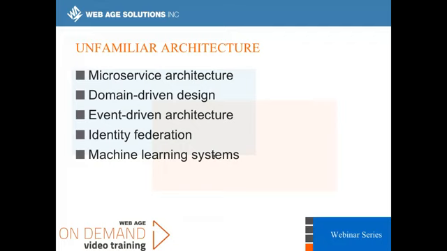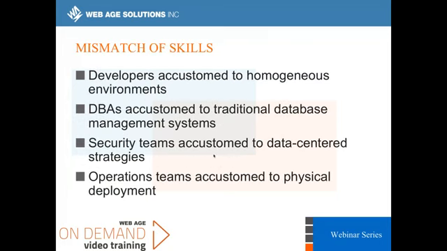And then finally, machine learning systems. The idea that we can have our infrastructure absorbing data, reacting to the data, and providing us answers based on extrapolations of the data. This leads to the fact that we may have a mismatch of skills. We may have developers that are used to homogeneous environments. A classic case is if you've been writing code in a data center all your life, and you have code